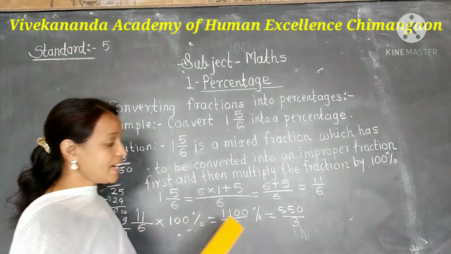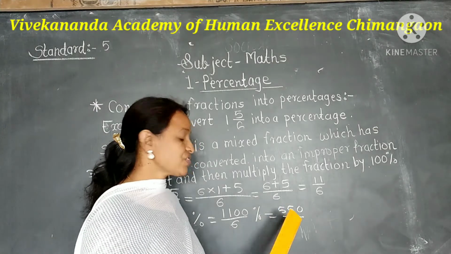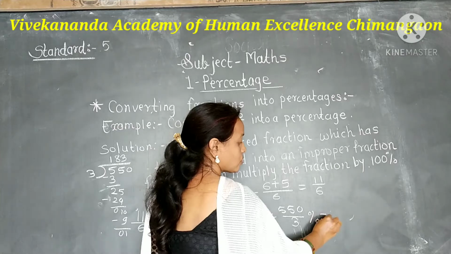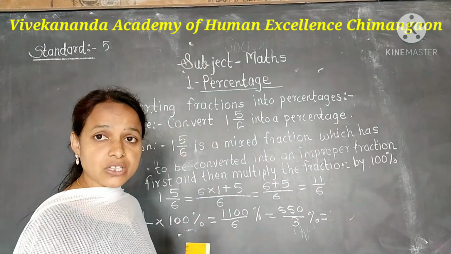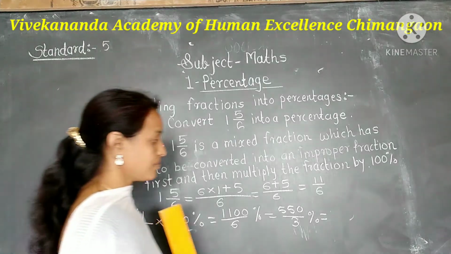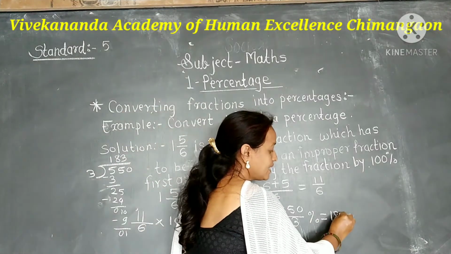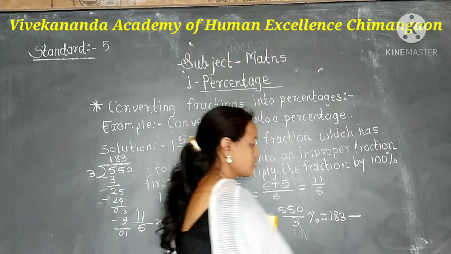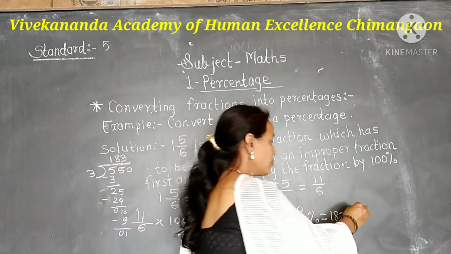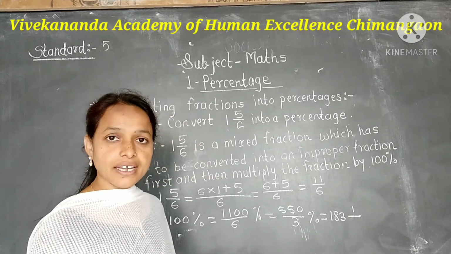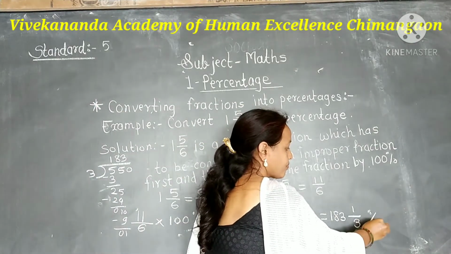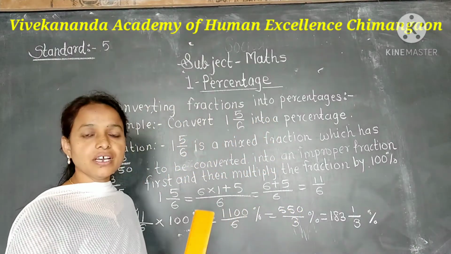So we can write this improper fraction again into mixed fraction. How to convert that, you have also learned. Quotient we get 183, so 183 we write at whole number place. Remainder is 1, that we write at numerator place. And denominator 3. In this way, here we convert